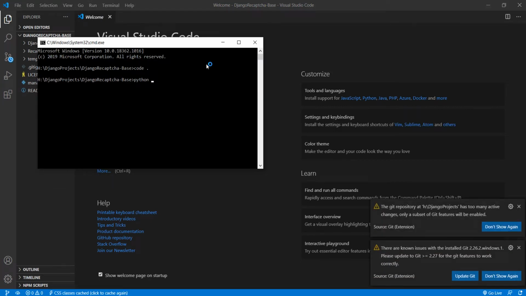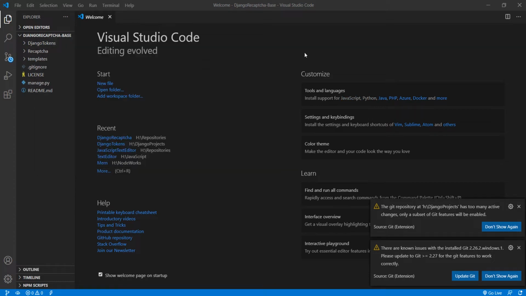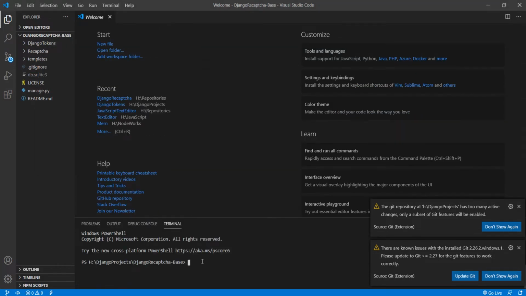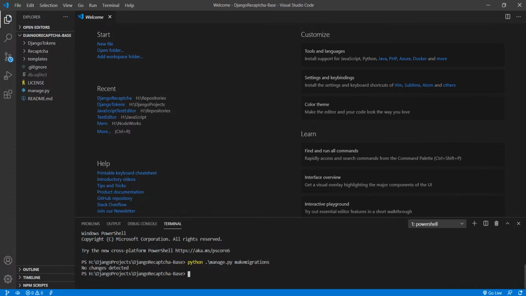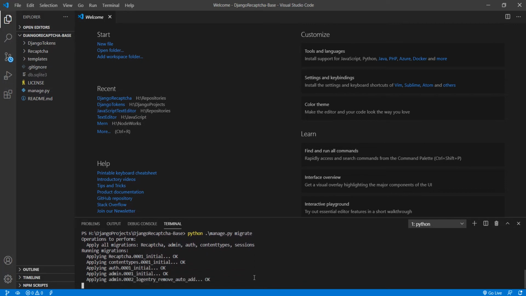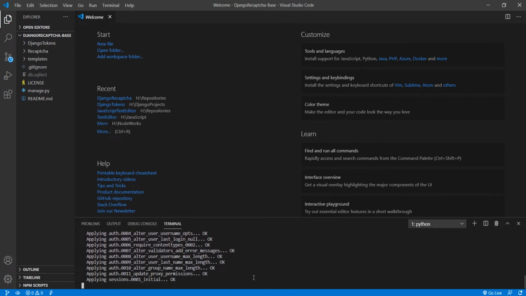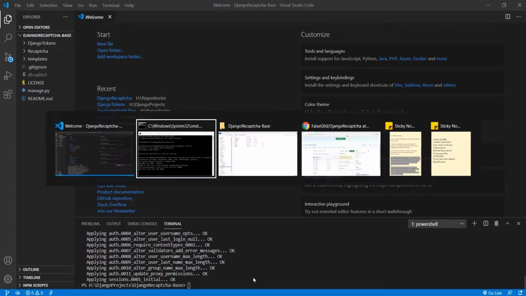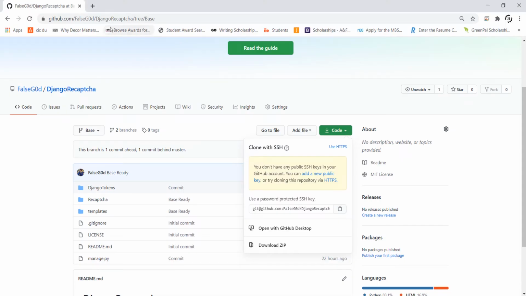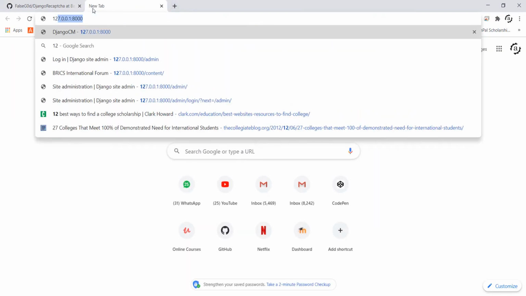We also have to run the server to see it working. Once all the migrations are done, we will see how this app is working.